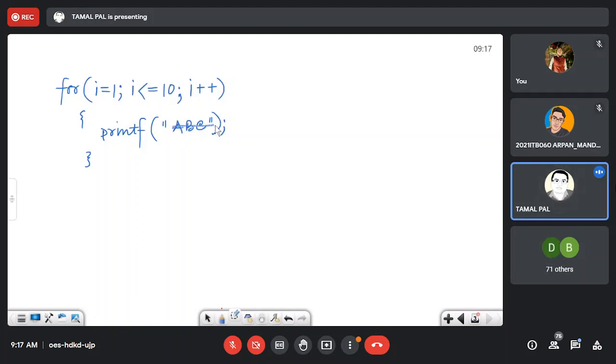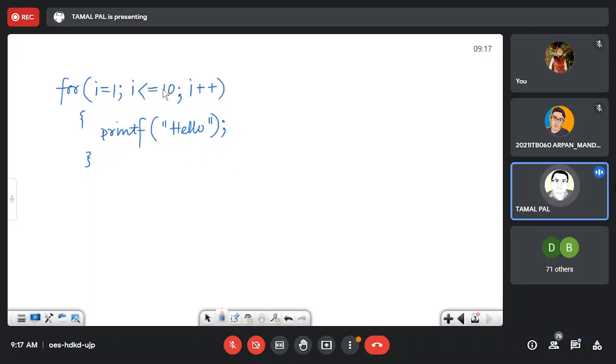Okay. Let me simplify the scenario. Now what is the output? How many times does it run? You have to check.